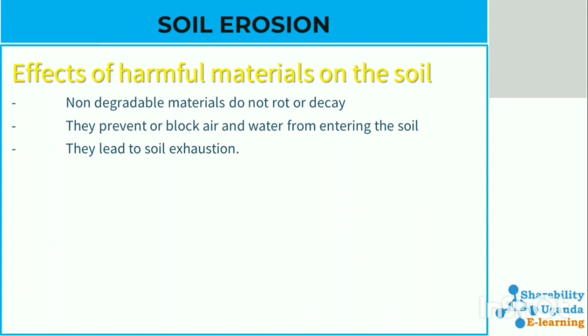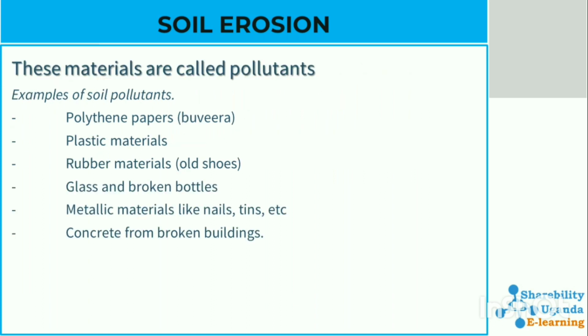Harmful materials in the soil are materials that are non-degradable, materials that do not rot or decay. They prevent or block air and water from entering into the soil, and they lead to soil fertility exhaustion. These materials are called pollutants, and they include polythene papers, which we call locally bovera, plastic materials, rubber materials like old shoes, glass and broken bottles, metallic materials like nails, tins, etc. Also those that don't contain iron,